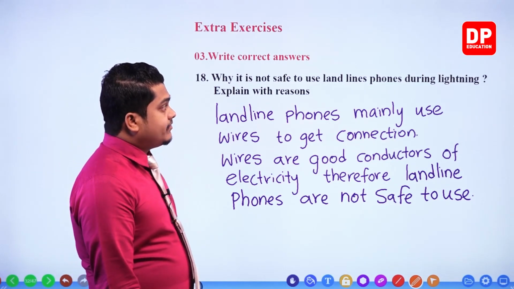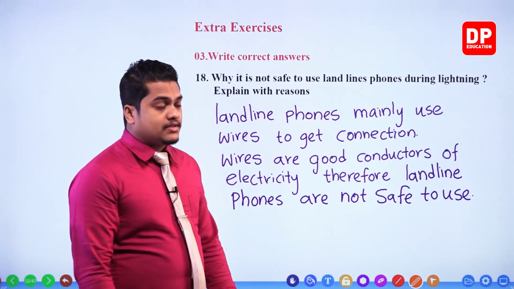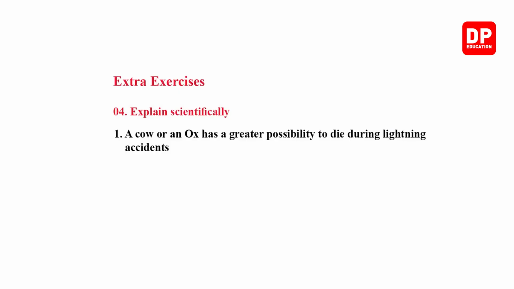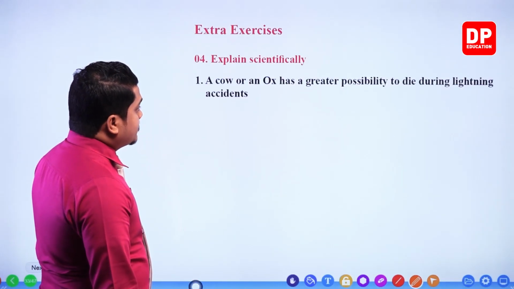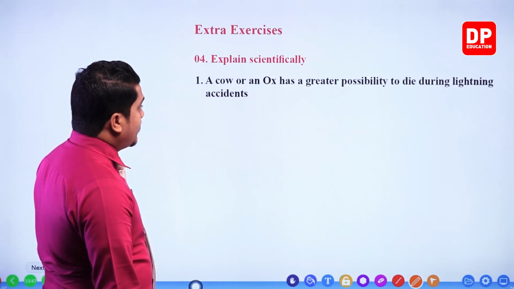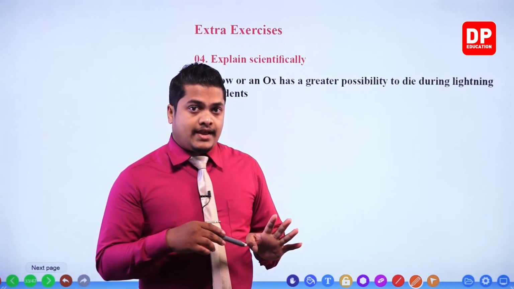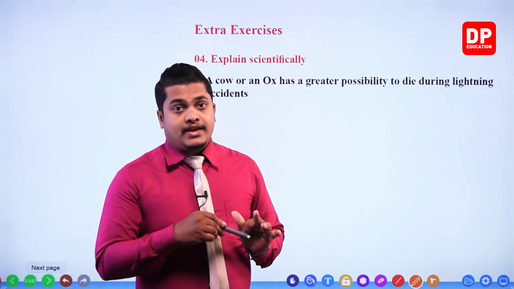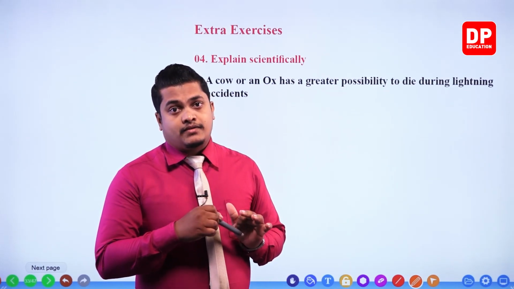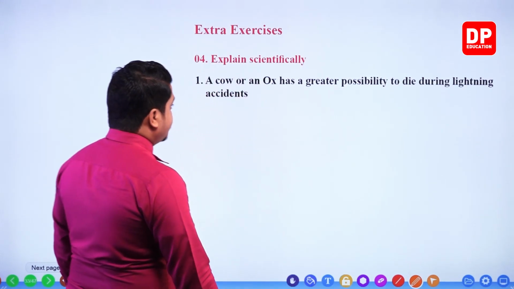Now in here we wrote down the correct answers. Now let's see the other type, my dear children. Now in here you have to explain scientifically, right? Let's see. A cow or an ox has a greater possibility to die during lightning accidents. It's mainly because of the direct contacts, and also other than that, my dear children, there is a higher risk of getting step potential, right? So we can write the answer: